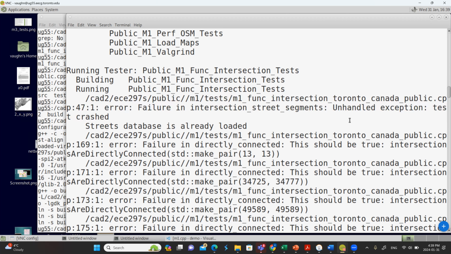So, okay, now I want to try to get more information quickly. I could go and stare at the code. I'm not going to do that because often people do that. They stare at the code for a long time, just going, maybe I can figure it out. You can go look at the code really quickly, but don't stare at it for very long. You want to get more information if you can't immediately see the problem. What do you think I should do to try to get more information? Because so far this is pretty vague. It says unhandled exception, test crashed. I don't know what to do. So what do you think?